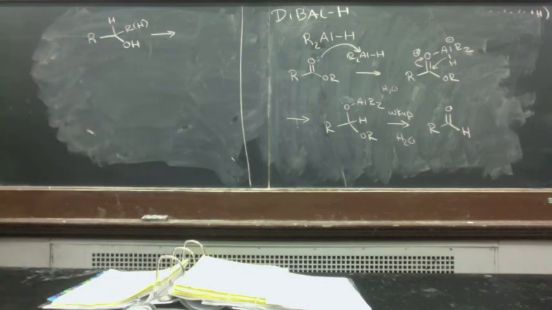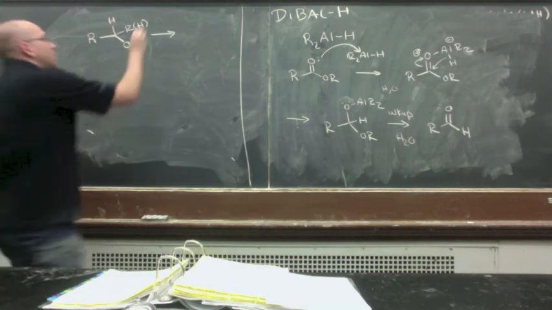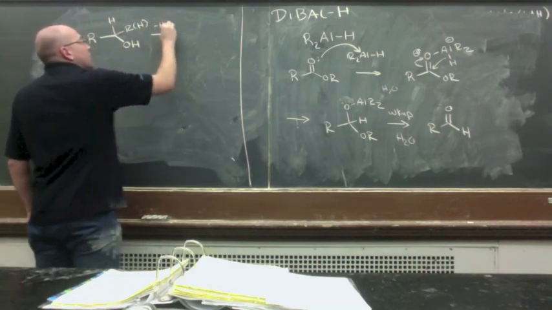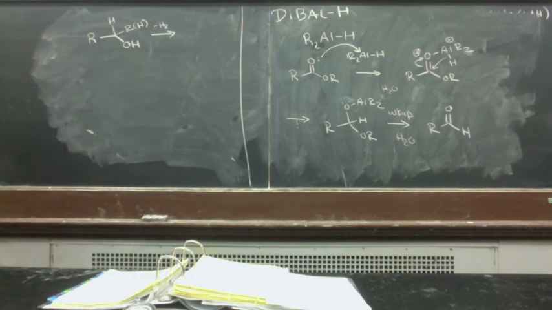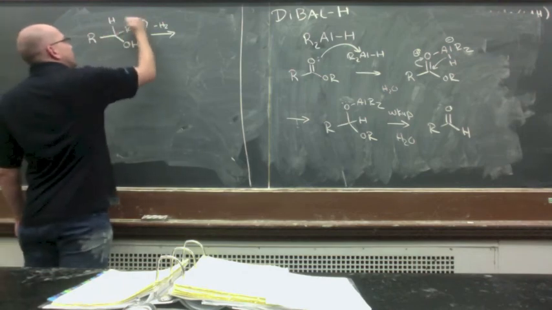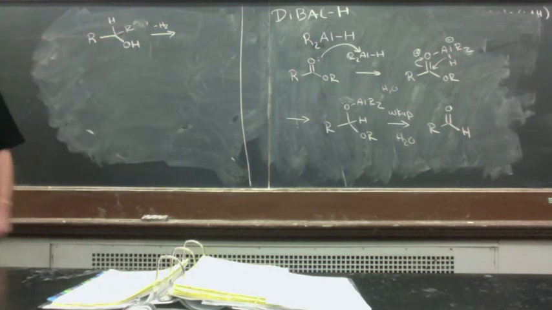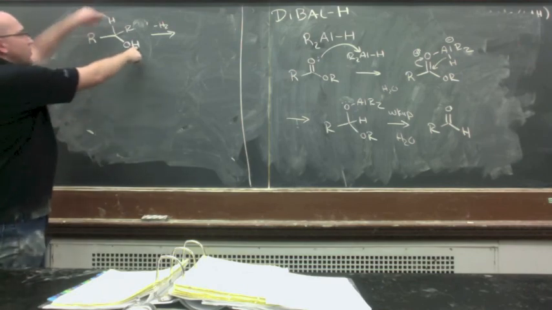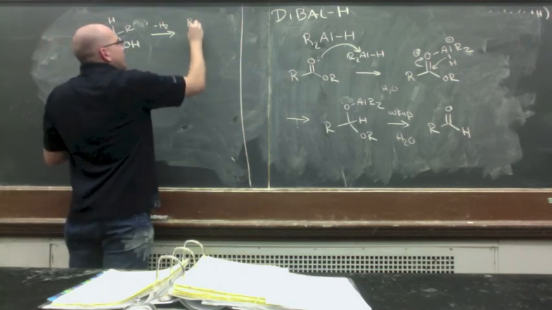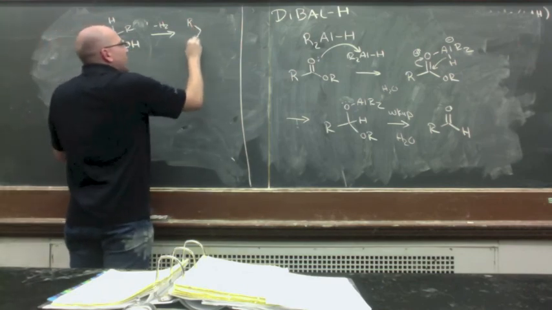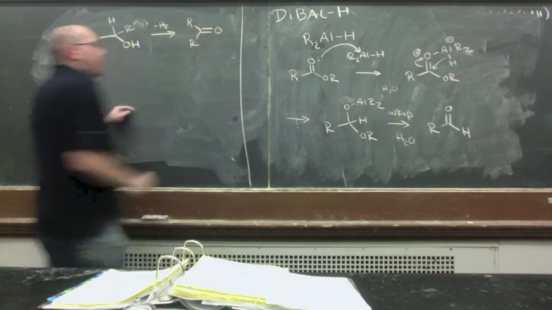Okay, so in this case, what we're going to do is we're effectively going to pull out equivalents of hydrogen. So it's going to be sort of minus H2. Okay, I'll start with ketones. If you have a ketone, you pull out 2 hydrogens. Or sorry, if you start from a secondary alcohol, you're going to get to a ketone,